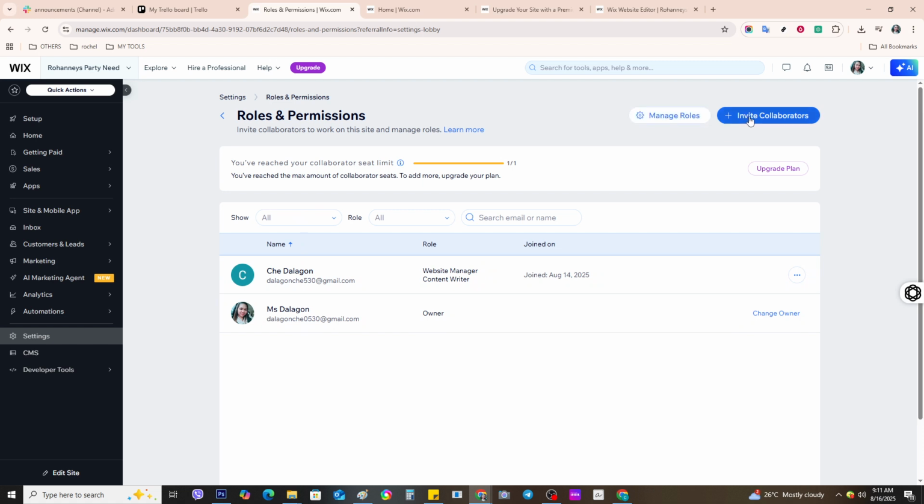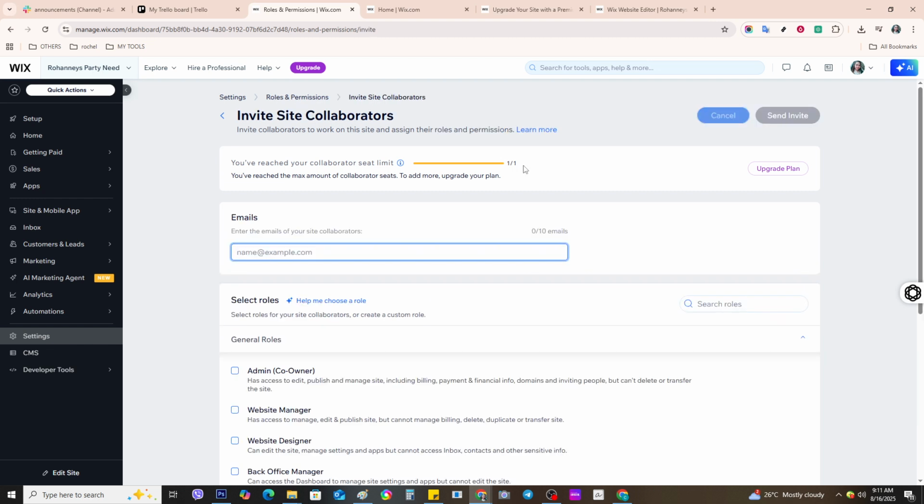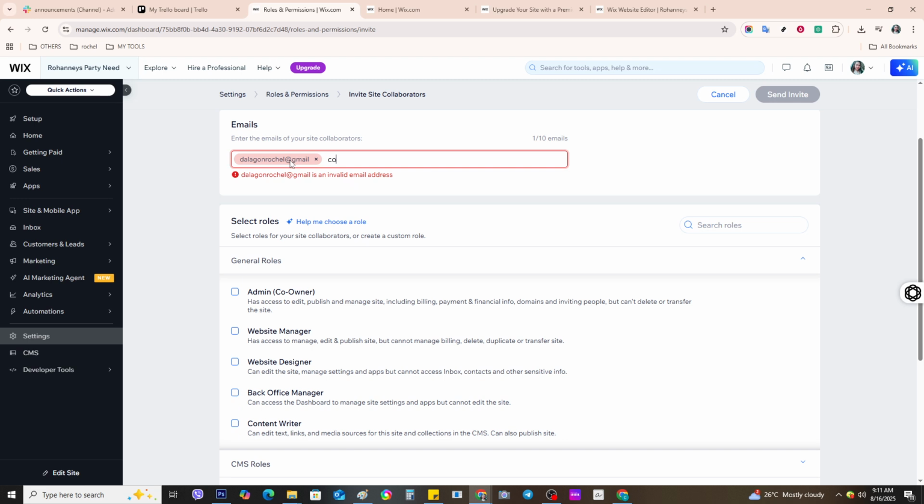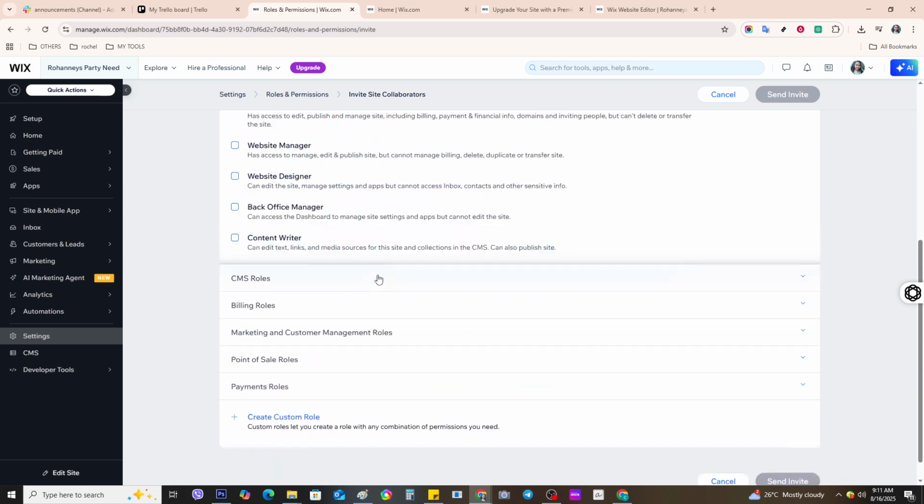Now comes the key part: assigning the right role to your collaborator. It's essential to choose a role that matches the tasks you expect them to handle. Wix offers several roles, such as admin, blog editor, website designer, billing manager, and a few others. Each carries different permissions and levels of access, so consider what responsibilities best fit the individual's expertise and the needs